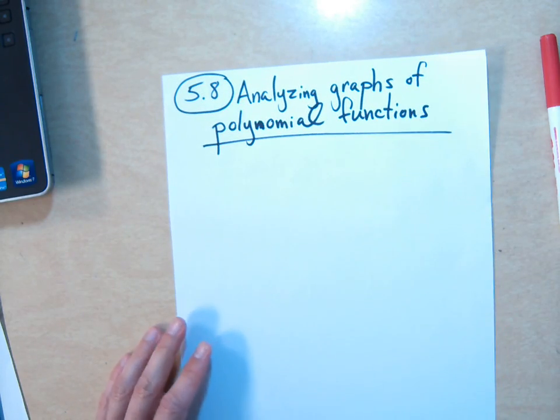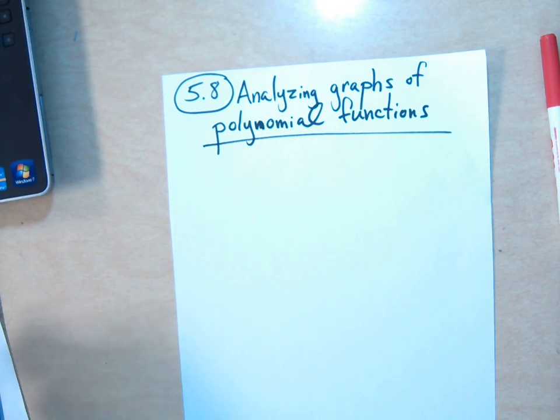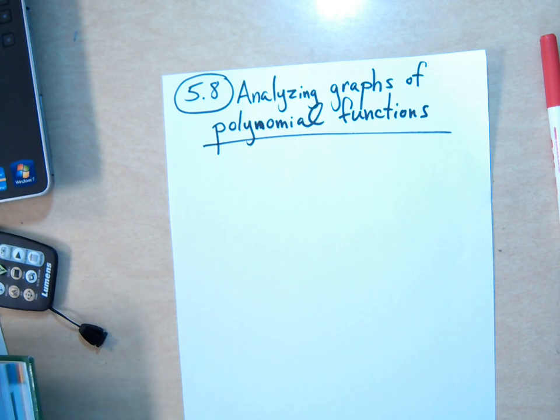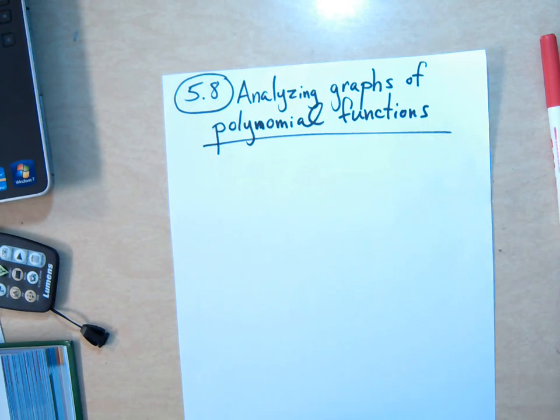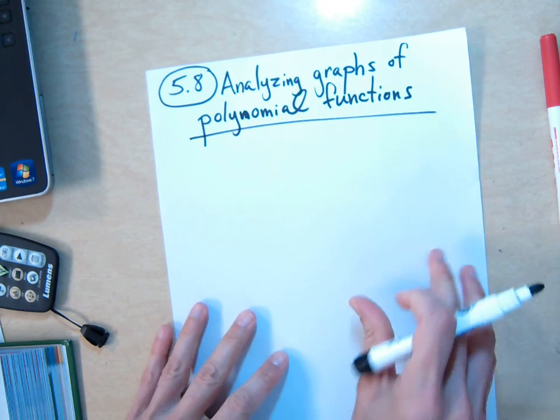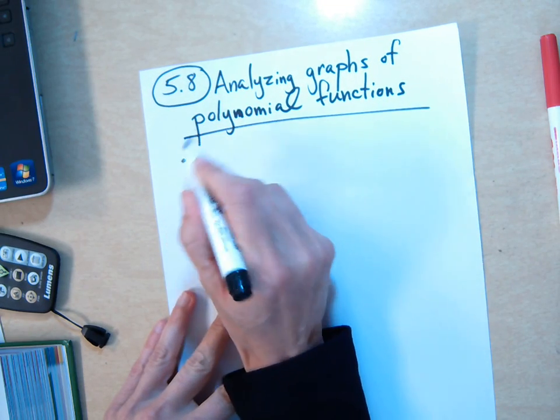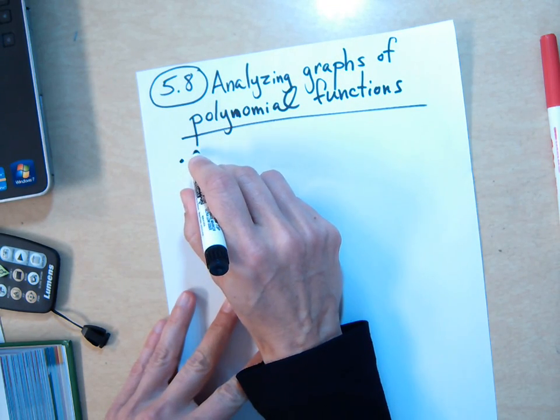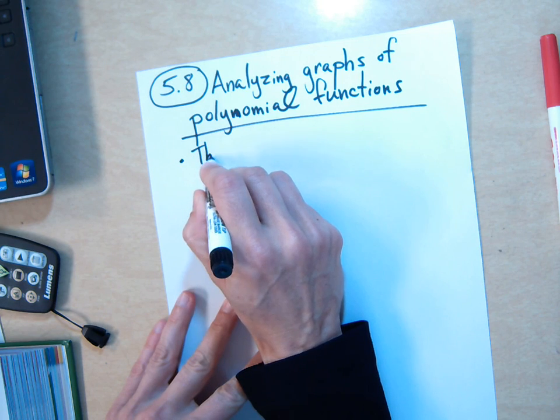Okay, section 5.8, analyzing graphs of polynomial functions, and everything in this chapter is about polynomial functions. So we're going to talk a little bit more about the graphs and use them to do an application. One of the things you may or may not have noticed so far is that the smallest degree,